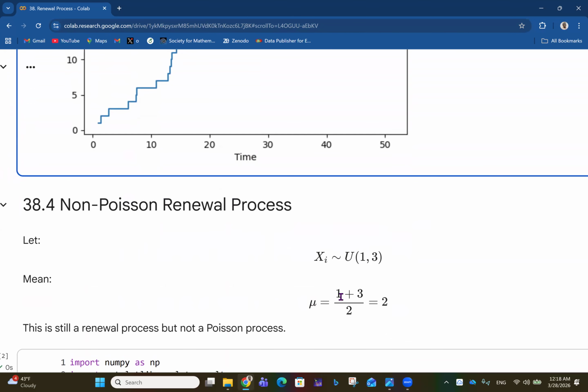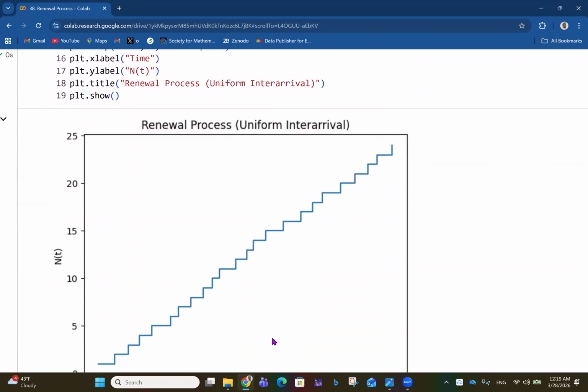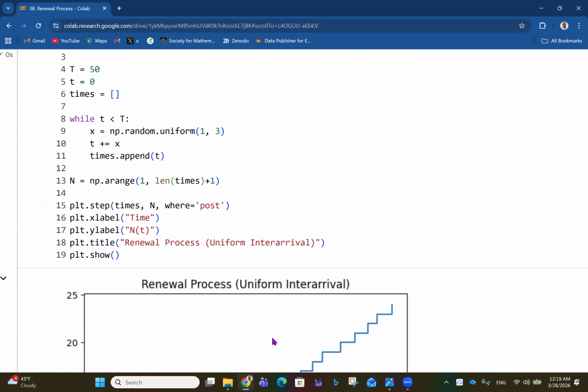So the mean there will just be 1 mu, which is (1 plus 3) over 2, and that will be 4 over 2, which is 2. So this is still a renewal process, but it's not a Poisson process. And if we simulate that, you see that it is smoother than what a normal Poisson process will